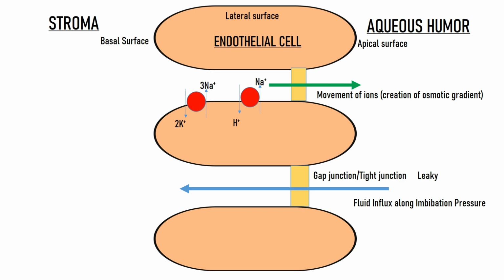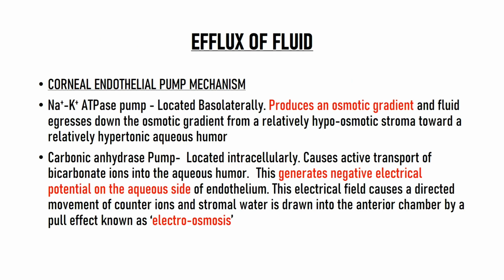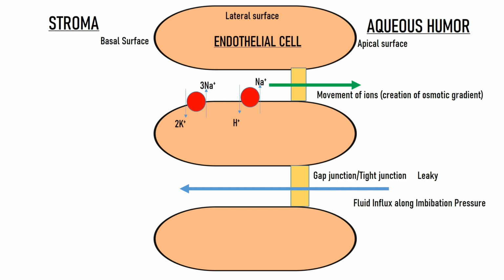The second pump that is present at the endothelial level responsible for maintaining corneal hydration is the carbonic anhydrase pump. The carbonic anhydrase pump is located intracellularly, unlike the sodium-potassium pump that is located on the surface of the cell. It causes active transport of bicarbonate ions into the aqueous humor. This collection of bicarbonate ions generates a negative electrical potential on the aqueous side of the endothelium. This causes movement of positively charged ions, leading to the efflux of fluid from the stroma by a pull effect